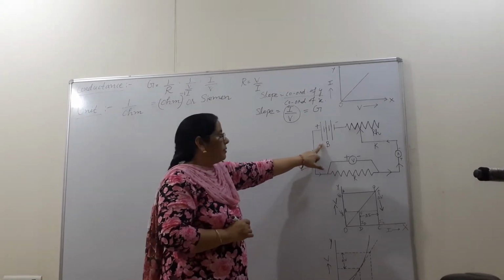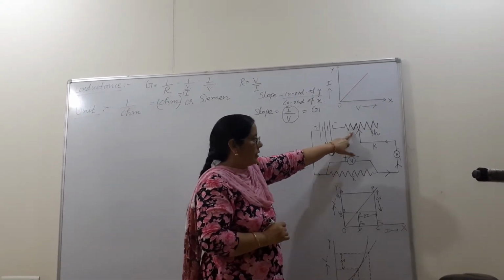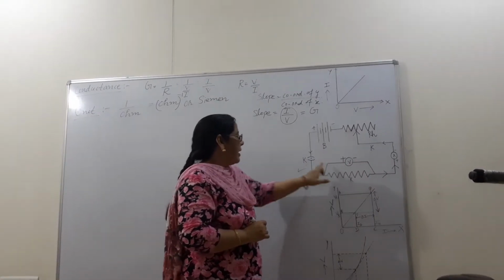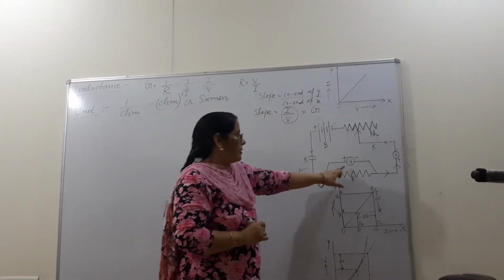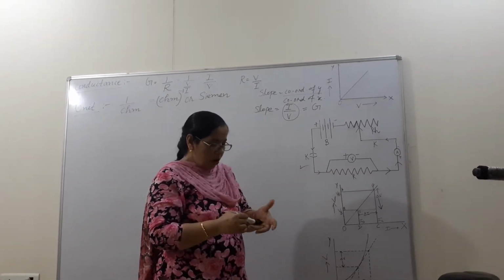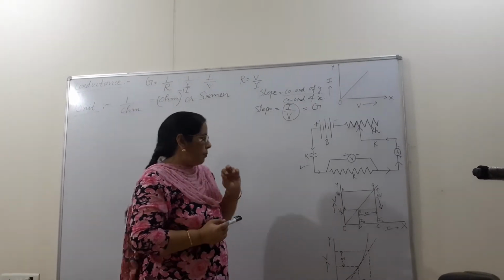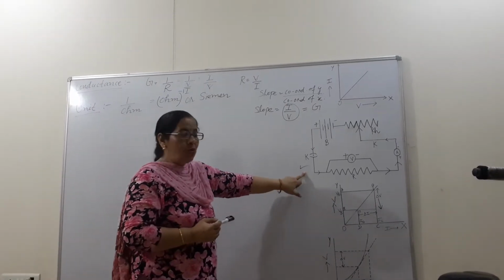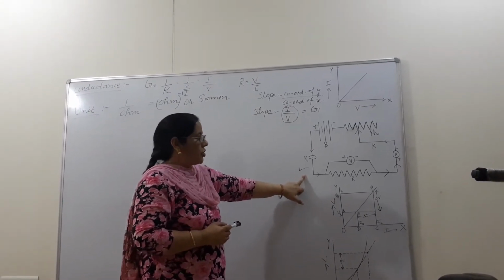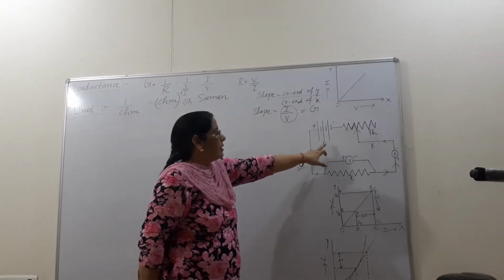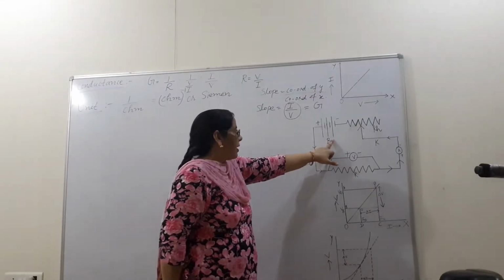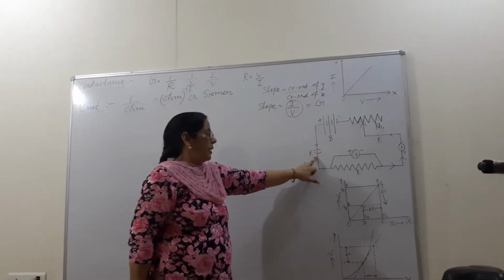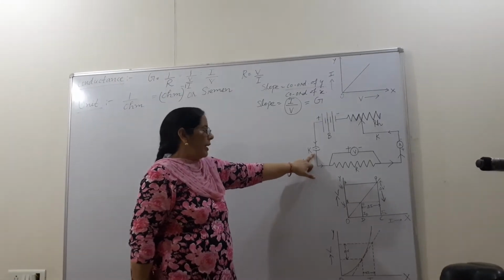One battery is there. This is a rheostat. This is an ammeter. Then this is a resistance wire. This is a key, and this is a voltmeter. All these are the necessary equipment for proving Ohm's law. Then the function, I think everybody knows. Battery is the source of current. Key will put the circuit on or off.